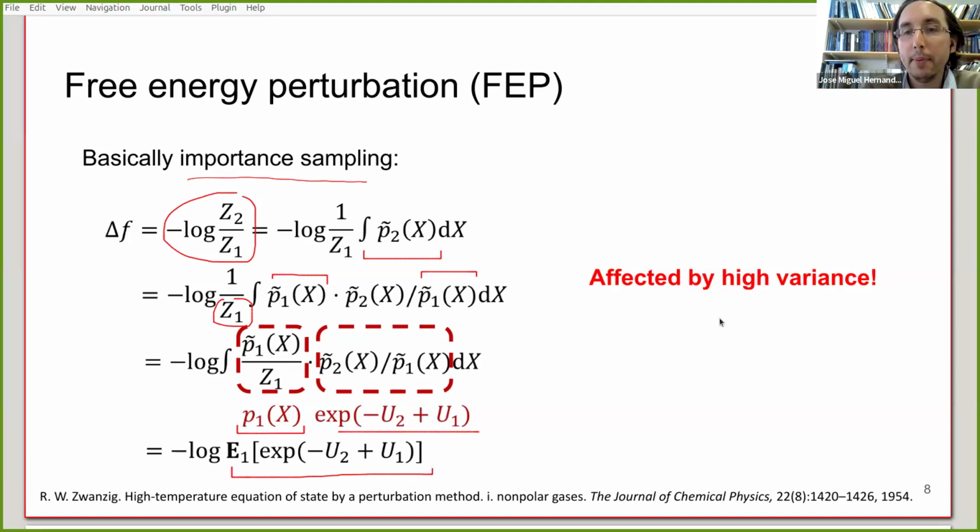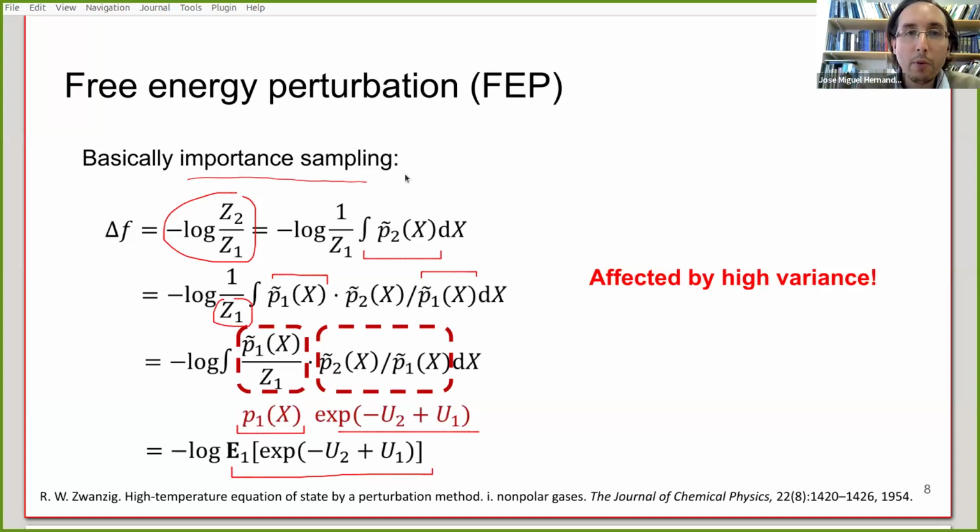Okay, this is importance sampling, and it works well if there is low variance in this quantity that you are averaging, this exponential of minus the differences in energies. But in practice, you can have high variance. Okay, and this is a problem with importance sampling. Importance sampling can in general have very high variance, in practice even infinite variance. So if you have estimators with infinite variance, that's not great.